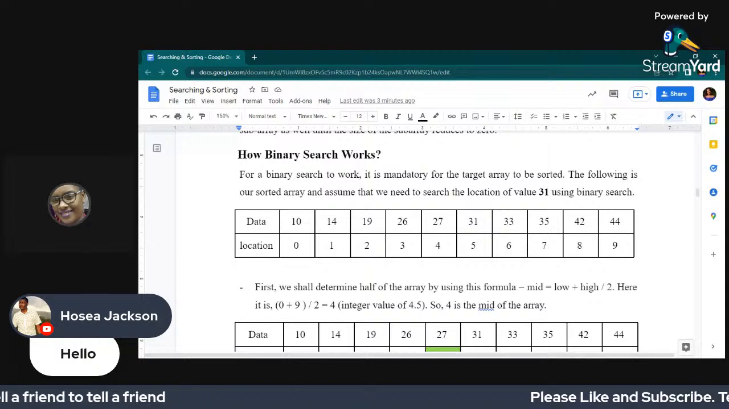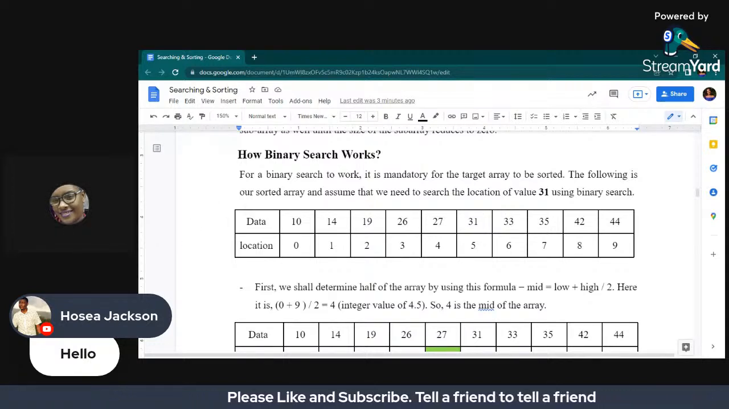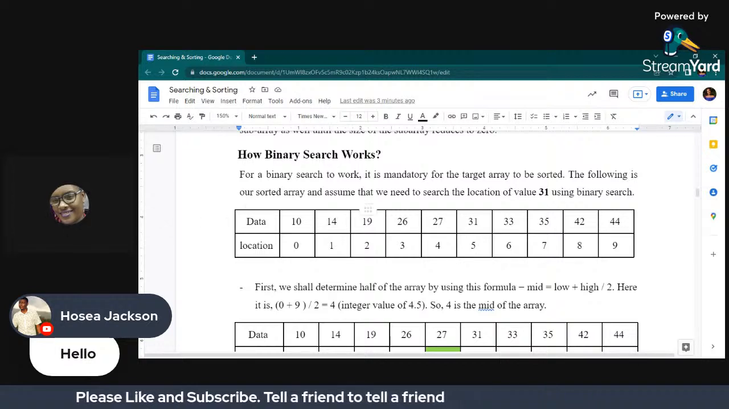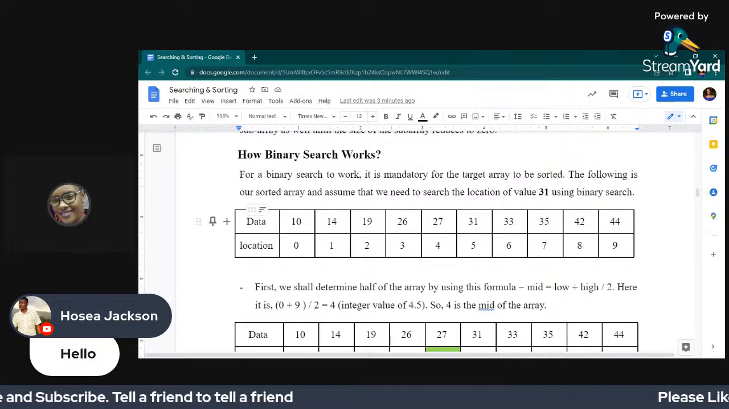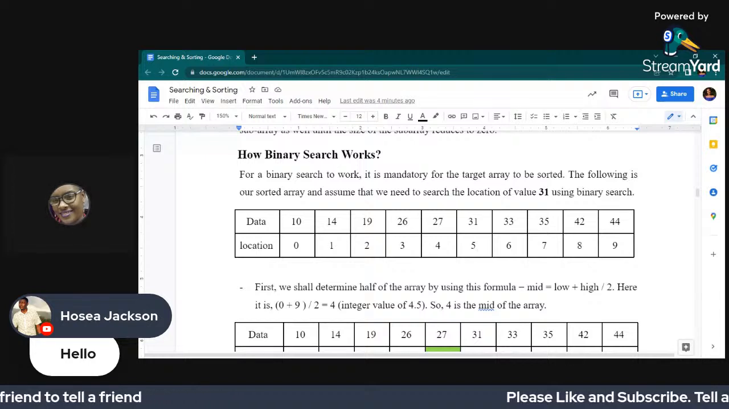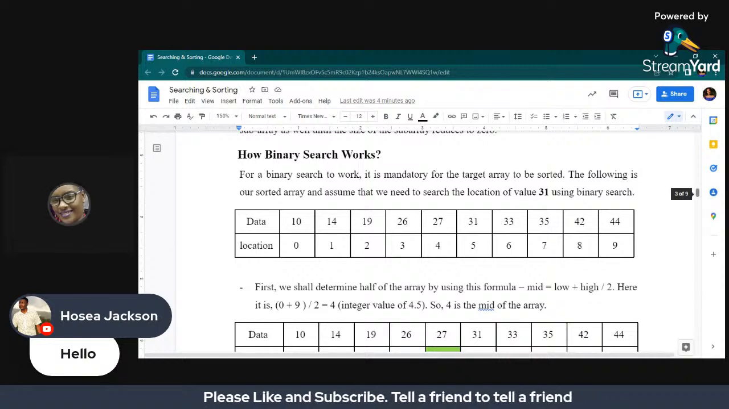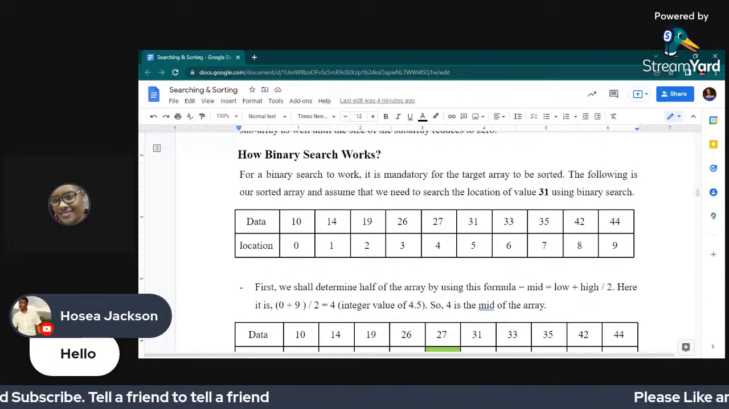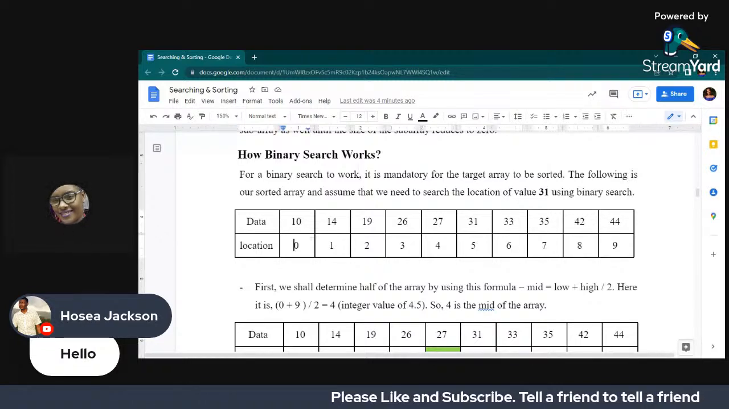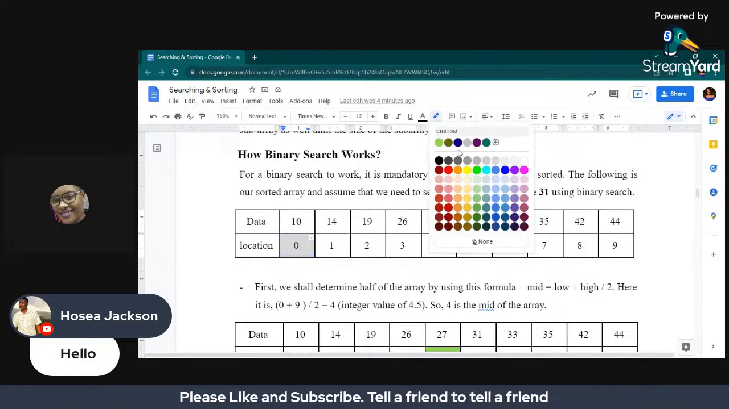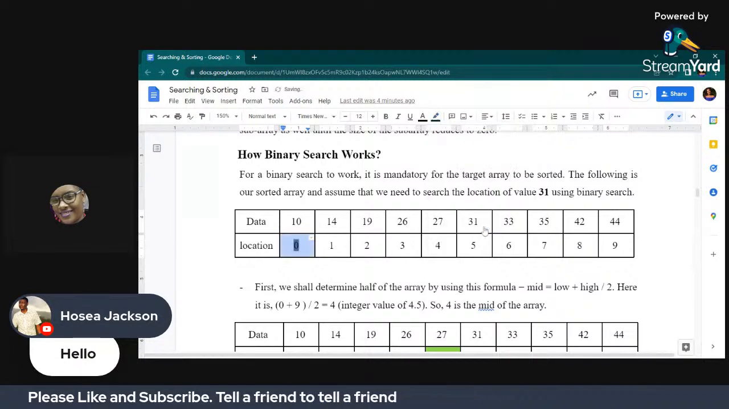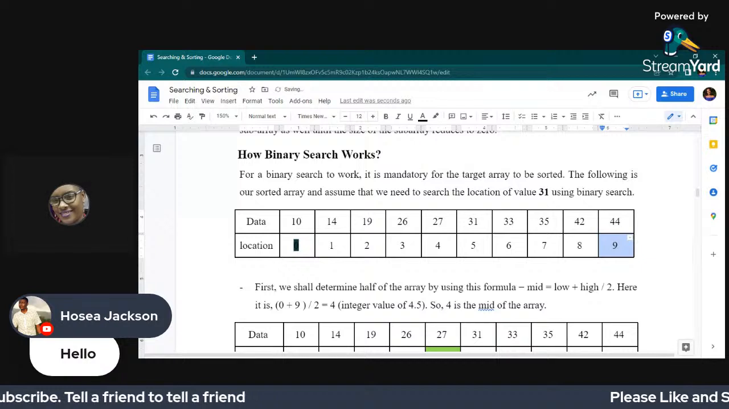Example here, we're looking for 31. We have an array with 10 elements called data. We have 10 values, which means that we have 10 locations starting from 0 to 9. So when you are carrying out the binary search, you are going to take the first location identifier, in this case, it is 0, and the last location identifier,